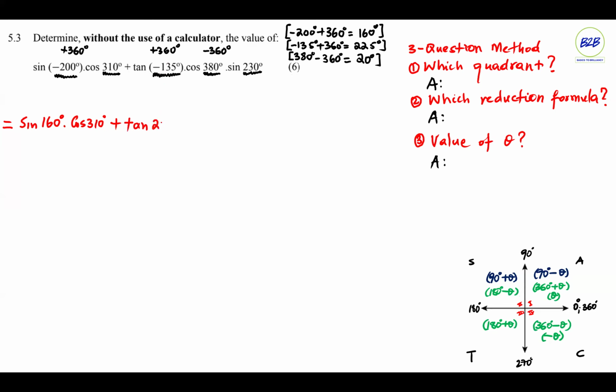We got 225 degrees, times, from cos 380 to cos 20 degrees, times sine of 230 degrees. Yes. And folks, that is how we reduce angles greater than 360